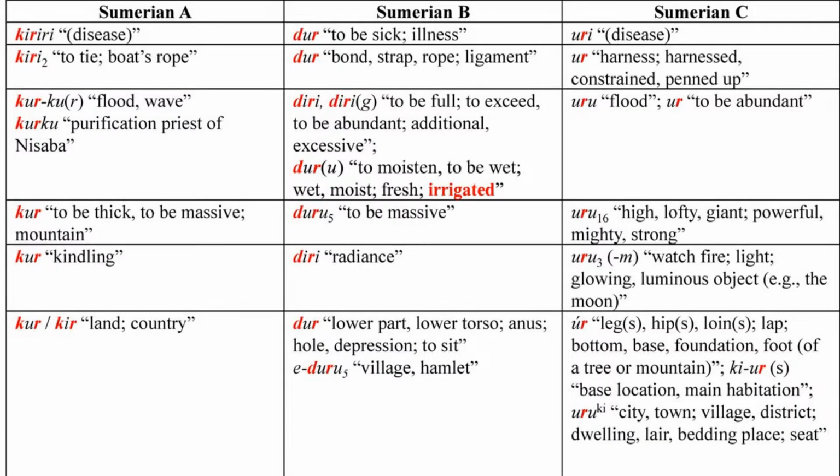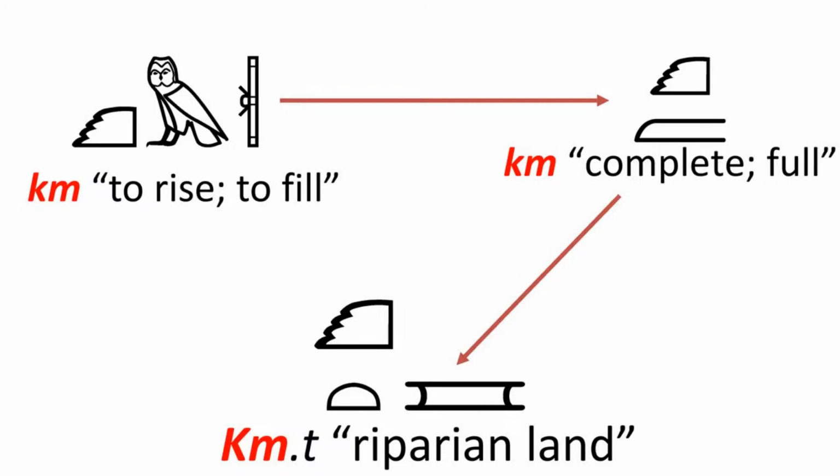And you can see here uru, flood, just like kuru, flood, to be abundant. And so this is why Ki.duru comes from a word ultimately meaning flood, to swell, and is referring to the water of the Tigris and Euphrates, just like the Kemet is referring to the flooding of the Nile River, right? You can examine these on your own here. So that's why I said here, this reinforces the Kim, to rise, to fill, Kim, complete, full, Kemet, riparian land, because a riparian land is a land that gets its water and fertile soil from left over from the deposits. The deposits are left over from the flooding process of the river. So it comes from the notion of irrigation,